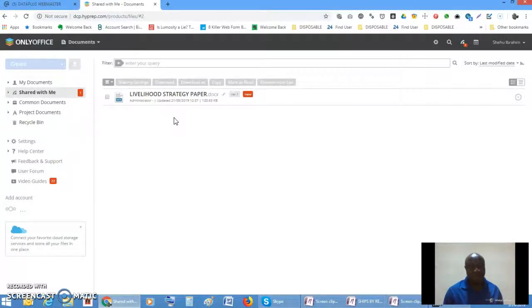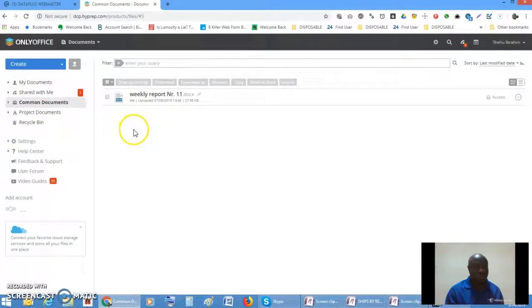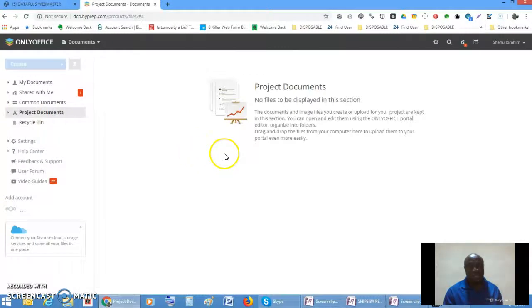Of course, the download is also controlled. Alright, so we have the common document, and then the project document is actually the document being shared